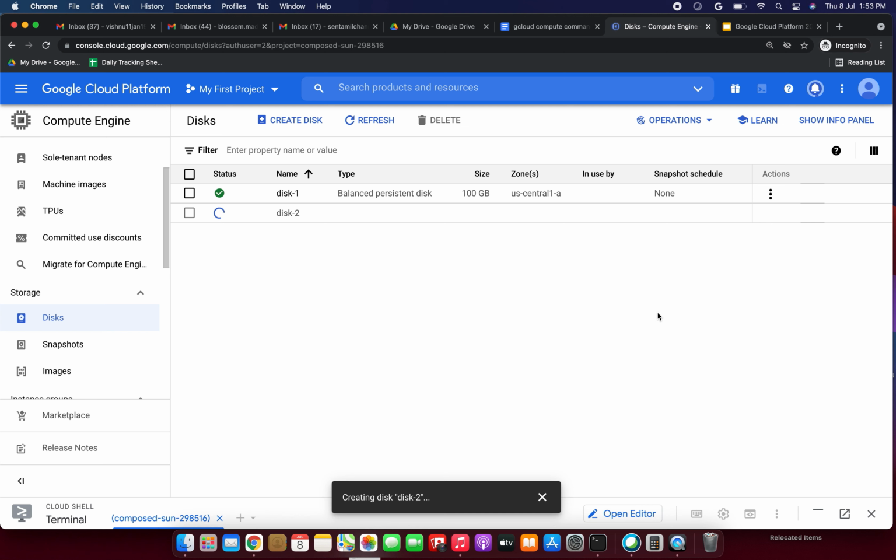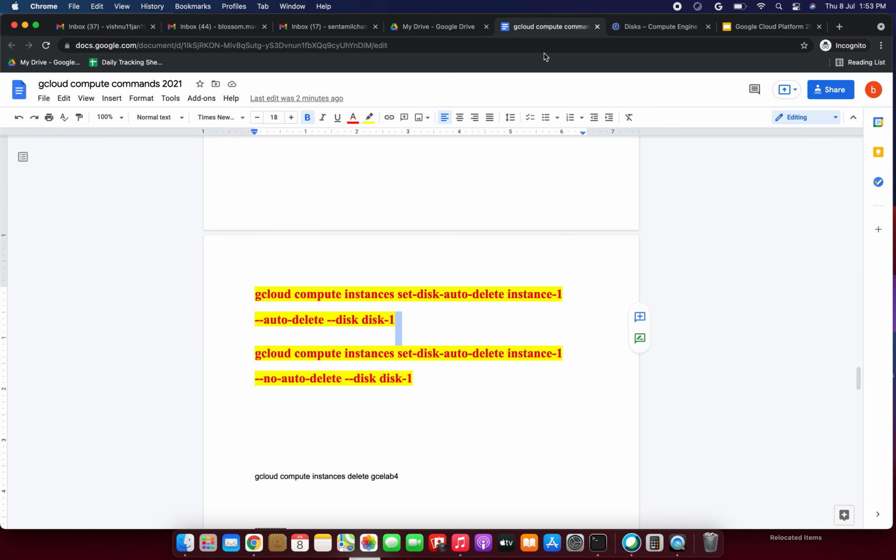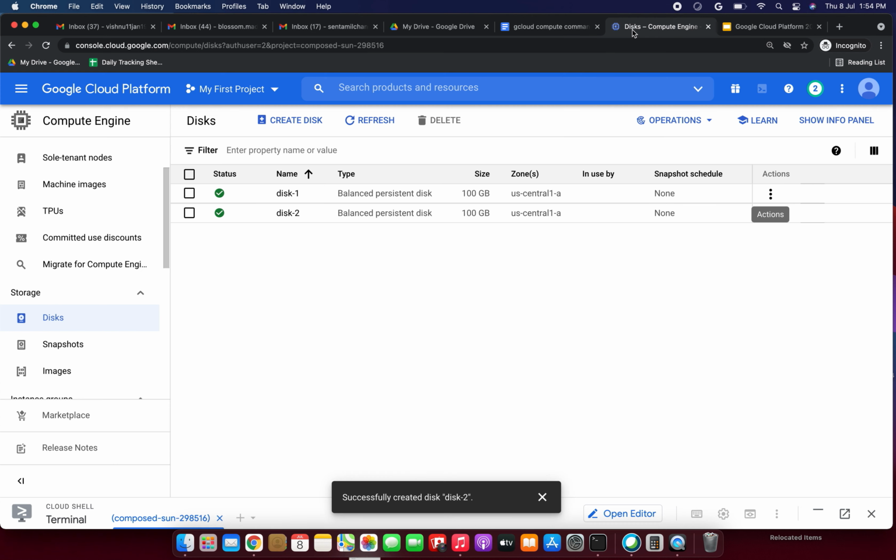So we have seen clone, and I have introduced two commands. One command I didn't use, the no-auto-delete one. You can check that, friends, it's not a big deal. I have used only the auto-delete command, the first command, but the second command I have not yet used. If you use the second command, when we create that VM, instead of keep-disk we need to put delete-disk, then it will work, right? Correct.